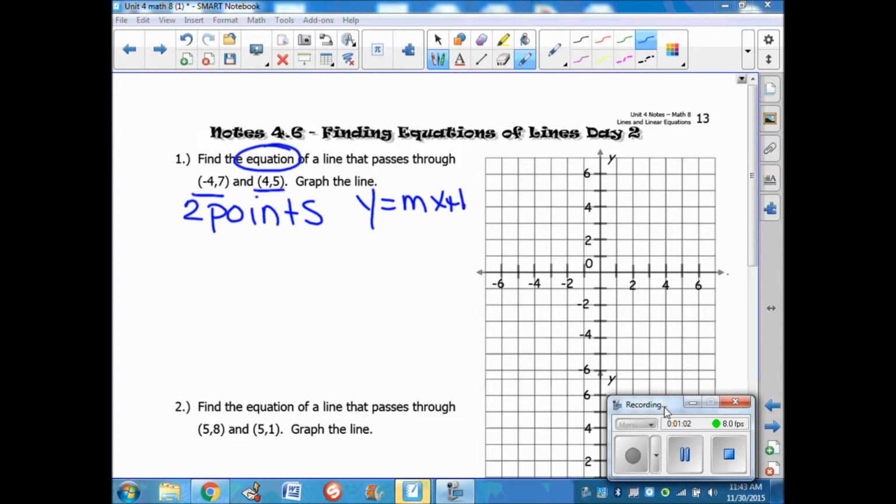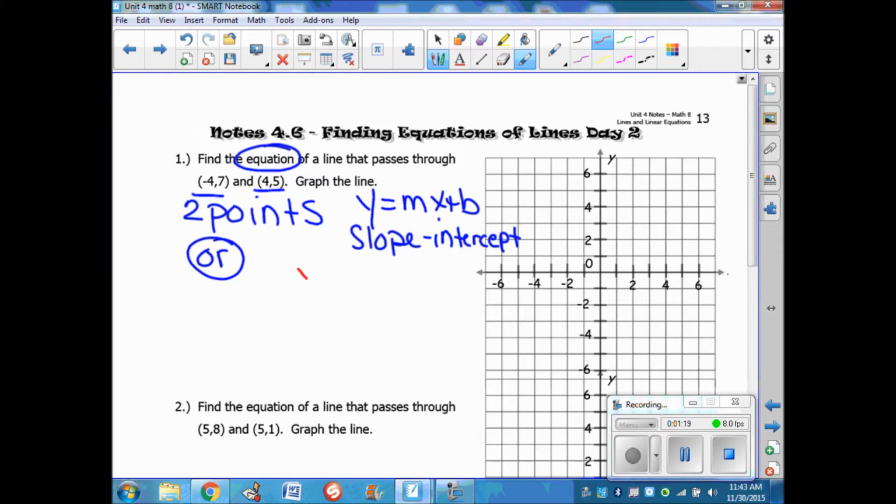Y equals mx plus b, which is our slope-intercept form because we have the slope and the y-intercept. Or we could use our point-slope form. Y minus y1 equals m times x minus x1. Okay, that's our point-slope